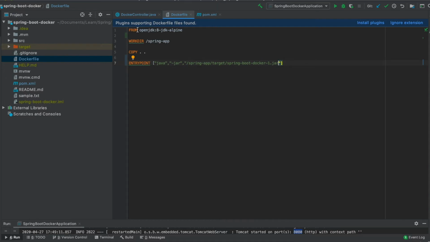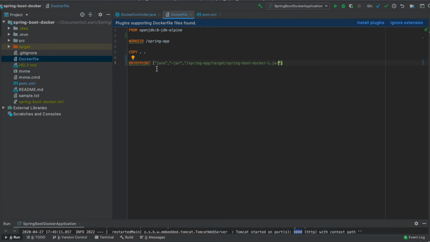Once again, with FROM we are using a base Docker image, and on top of that we will build our application code. The base image we are taking is based on OpenJDK 8, which will suffice our need of having a JDK to run this jar. Secondly, we are creating a directory spring-app and setting it as the working directory. Third, we are copying all the contents in this folder to the Docker container file system. The last point is the entry point, where we are instructing the Docker engine that whenever this Docker container runs, this particular command set needs to be run.